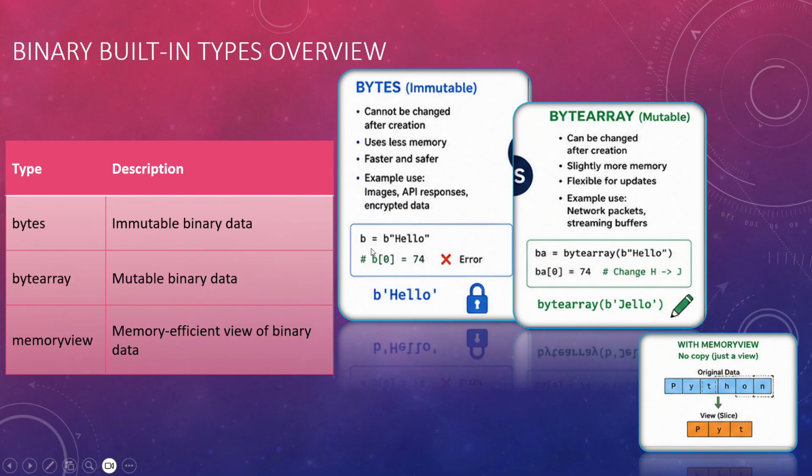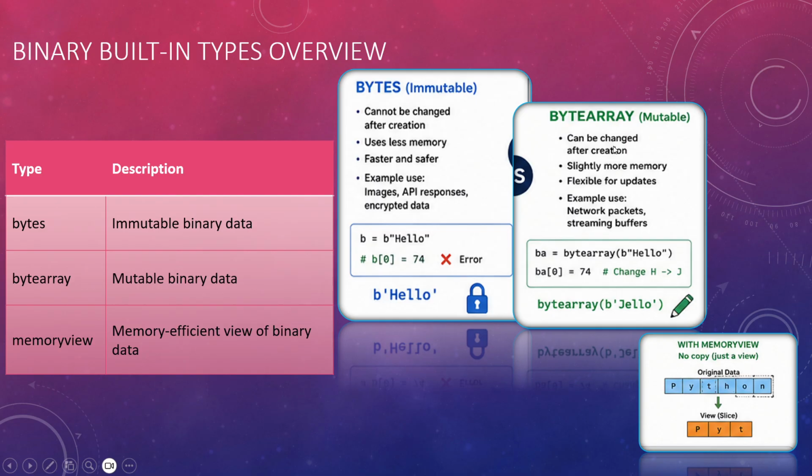Okay. So how do we actually create this? b is equal to... Now if the small b is not there, Python will create a string data type for this. But as soon as the small b is prefixed to the string, Python understands that what we want to create is actually a byte data type. Okay, so the variable will store a byte, and we'll see how this works. When we print it, it will come as b'hello'.